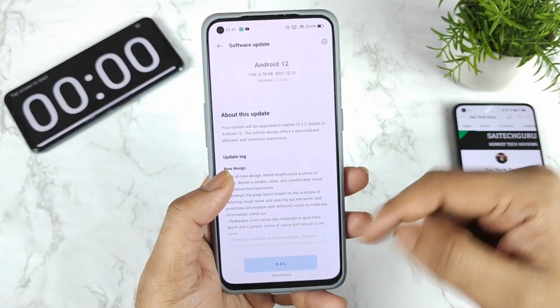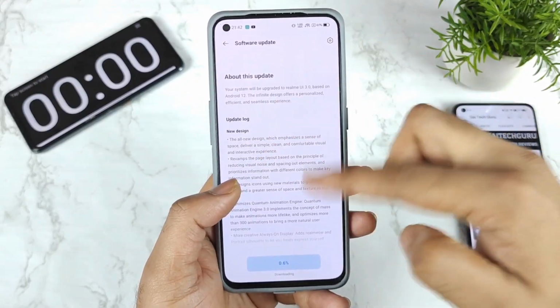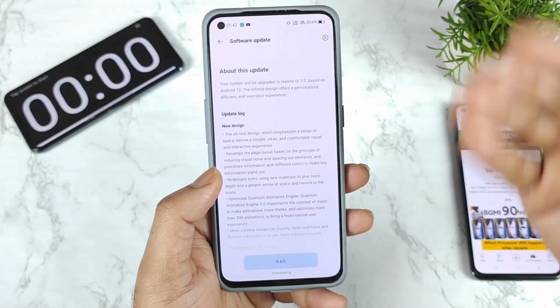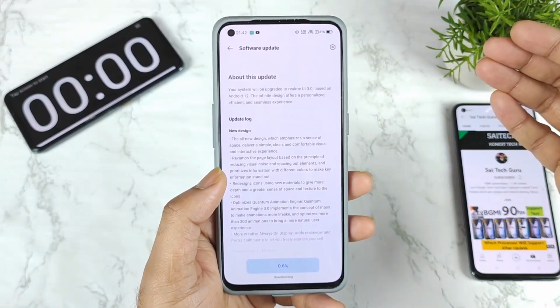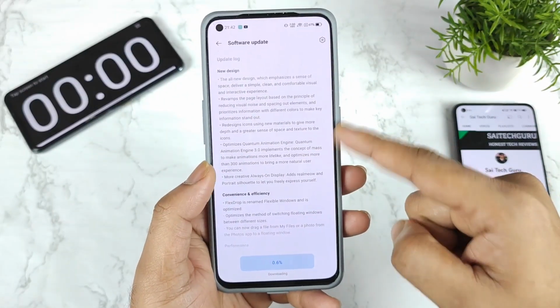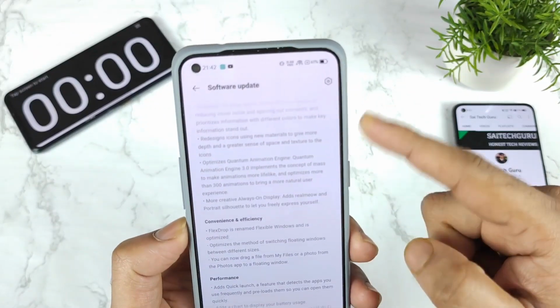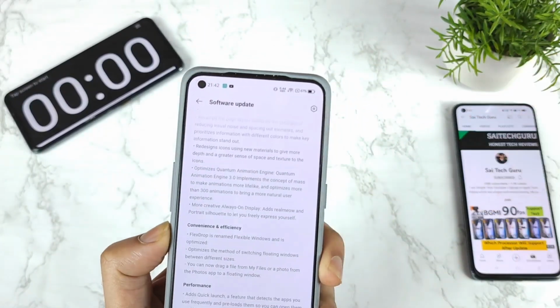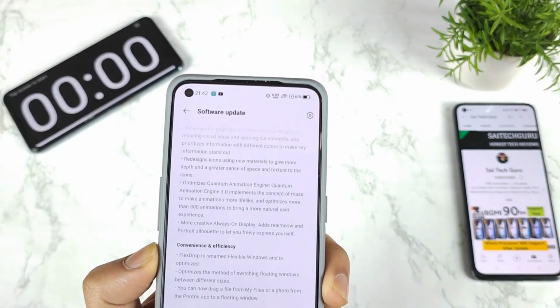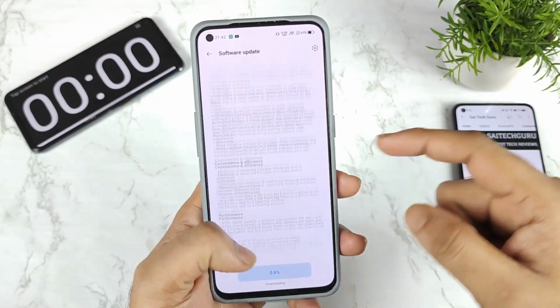Android 12 and Realme UI 3.0, so everything is going to be the same friends. There's nothing much new in the update log. All this update log is what we saw before in other Realme phones as well, which you should definitely understand. And let's see what's happening with the download. It's taking a little more time than usual. It's not starting to download at all. It's showing in kbps. So maybe there is some kind of server issue or not.